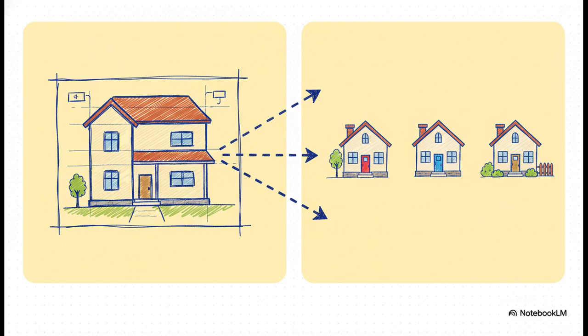But here's the key. The blueprint itself isn't a house, right? You can't live in it. The actual house, the thing you can paint and live in, we call that an object. And the coolest part? From that one single blueprint, you can build thousands of different houses or objects.